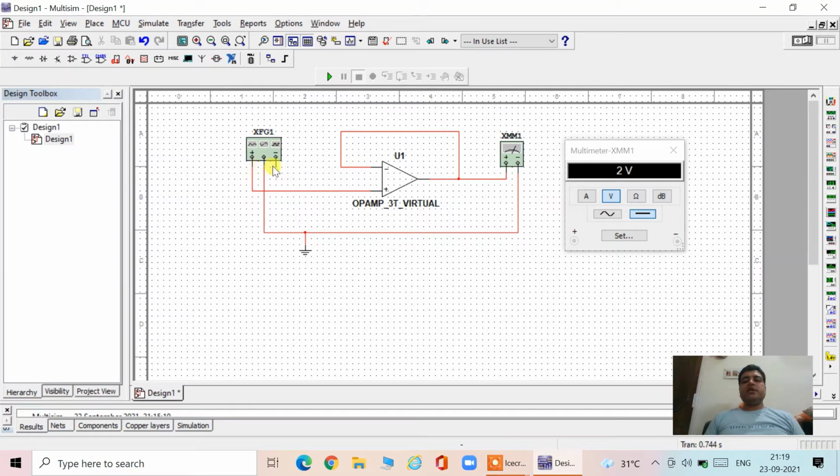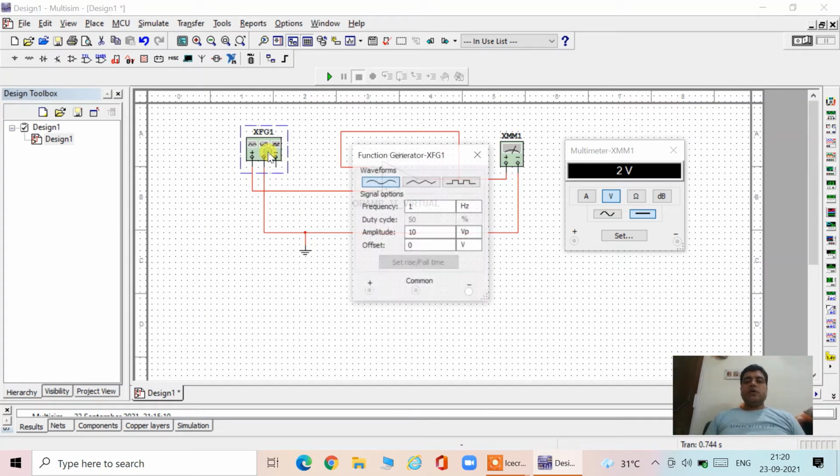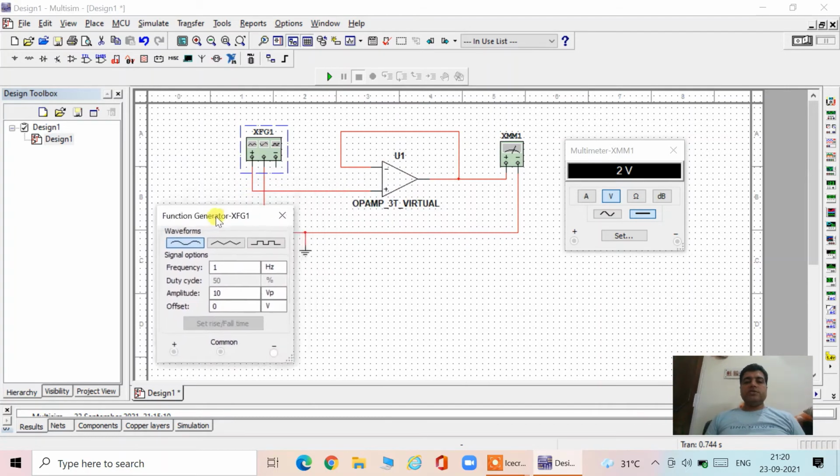You can see here we have three terminals. Normally on the function generator we have two. So we have to take between plus and ground. We are not going to take from the minus, because if you take from the minus, then the signal amplitude will be doubled. Double click on this, so you can see it here.